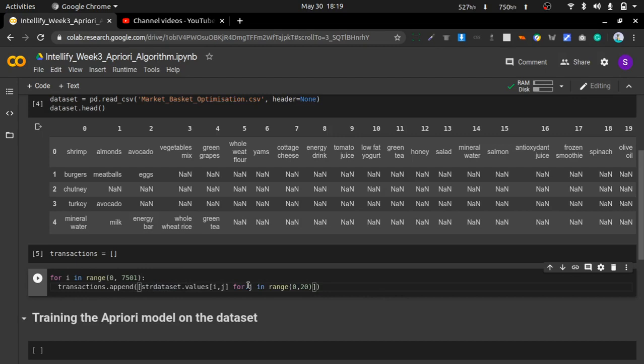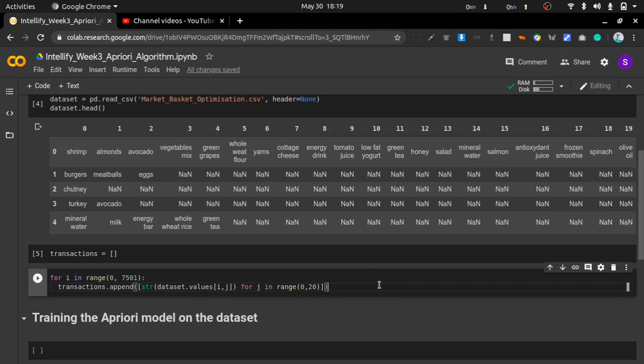As we know that our data set contains string values only, so we are converting it into string. So now it will get each row, and whatever the row contains, it will take all these products and make one list, and that list will be appended to this transaction list. So this is a nested list.